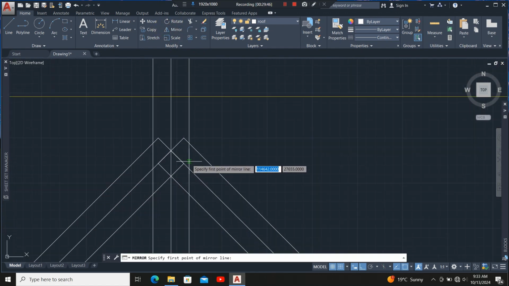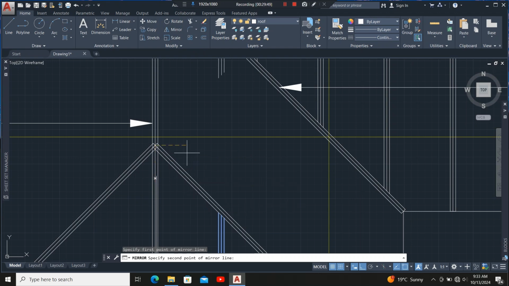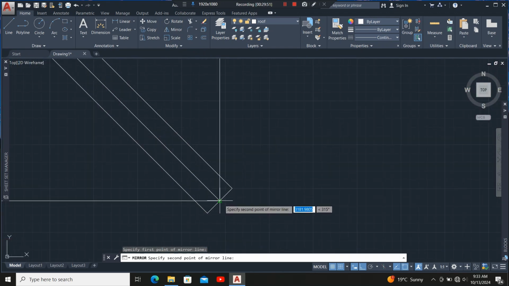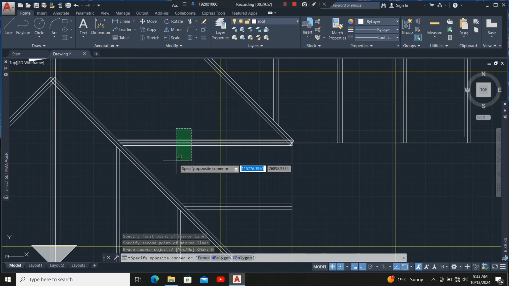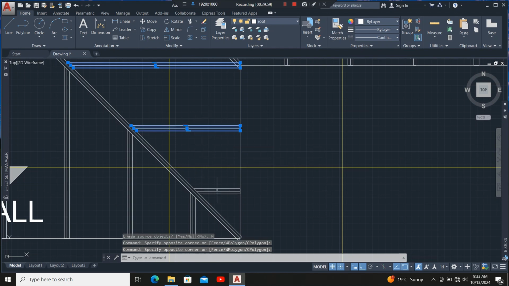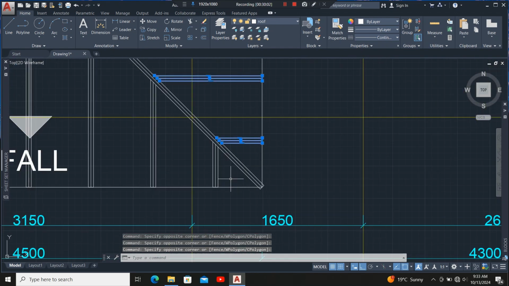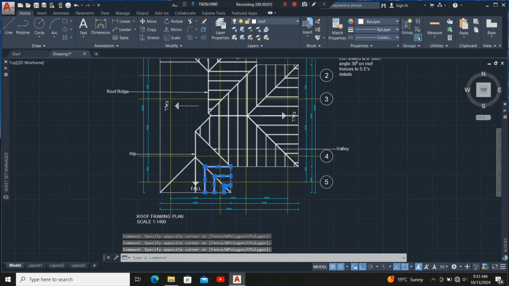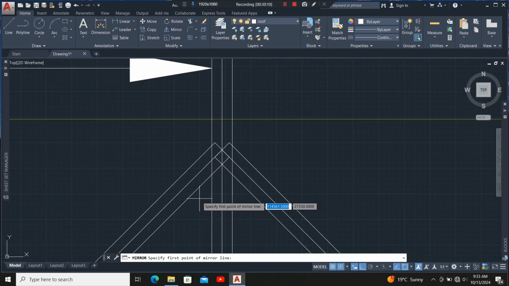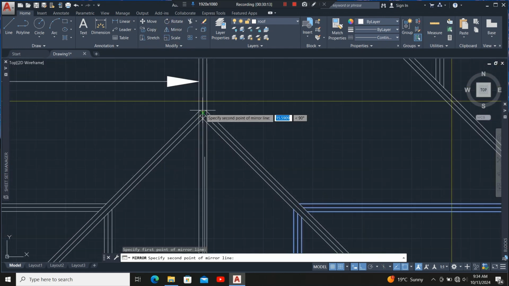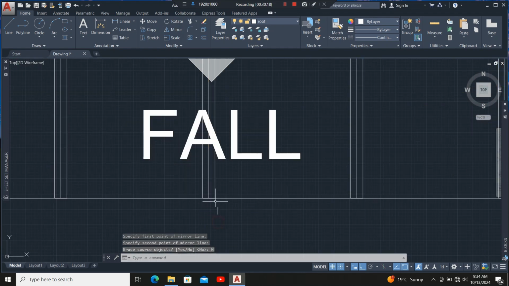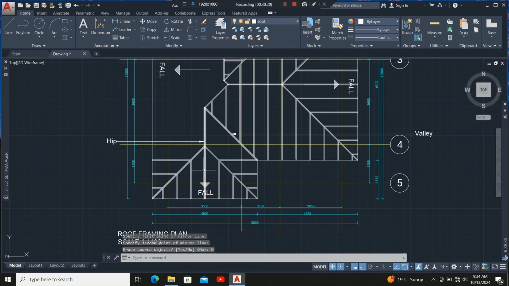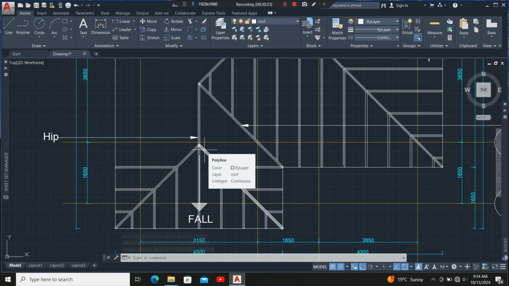So I'll click at the mirror command, then I'll do the mirroring to this side. Yeah, so still I'll highlight them, then still I'll mirror them to this other side. Yeah, so after that